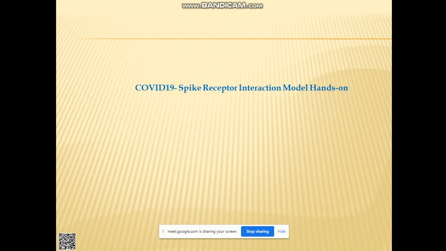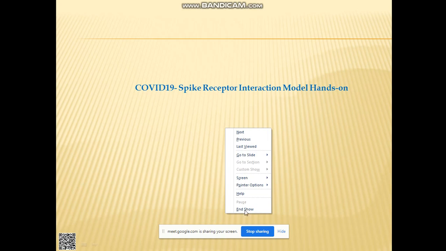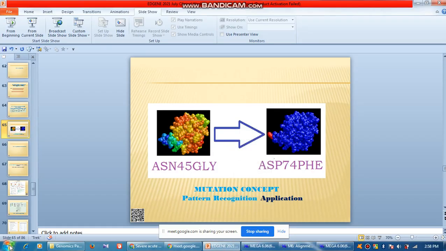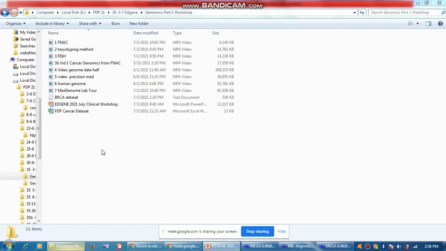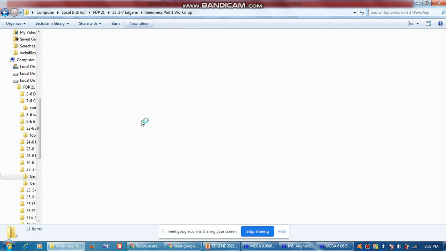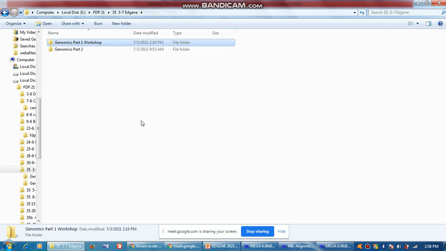Okay, so there is also a spike receptor interaction model, which I'll show you using one of my tools, but not the tool that I have given you, because that tool has some specific limitations. The limitation is that because the software is so small, it cannot simulate so many things.